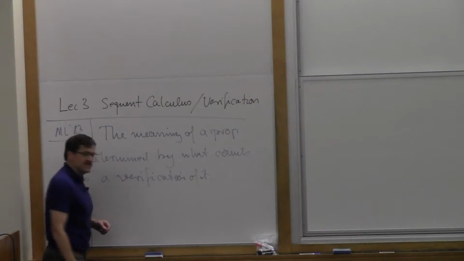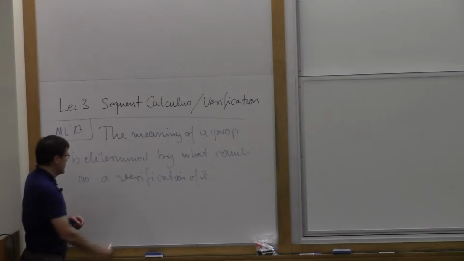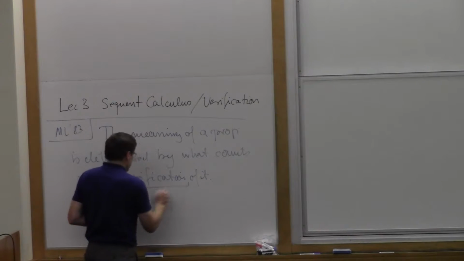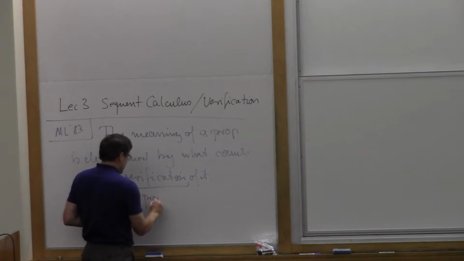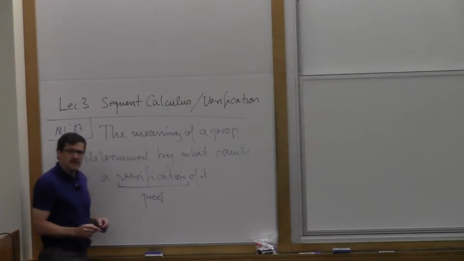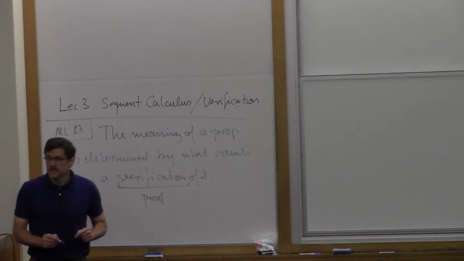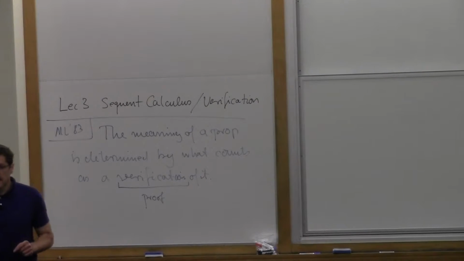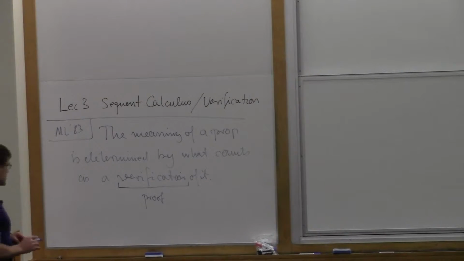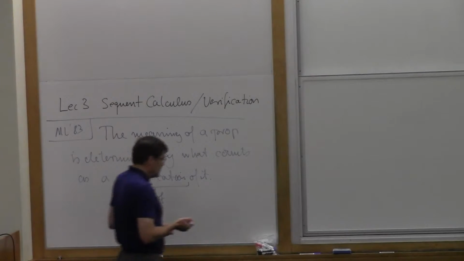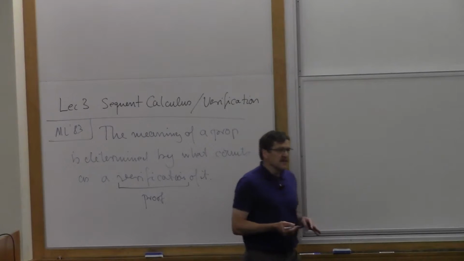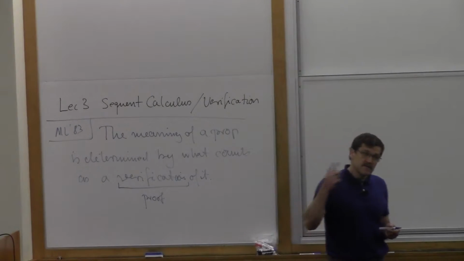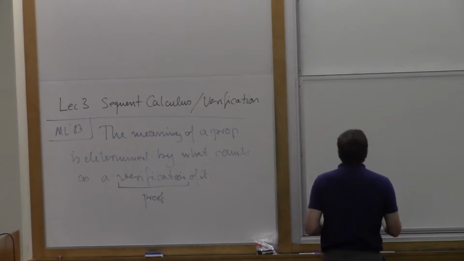Okay, and I asked you to postpone your disbelief, okay, but what I did is I substituted the word proof for the word verification. And today I'm telling you that this was wrong. I shouldn't have done that, okay? Pedagogically it might have been a good thing, but actually it's not good, okay? And the reason is as follows. If you want to understand the meaning of a proposition by the space of all of its proofs, okay, then you have the following problem.